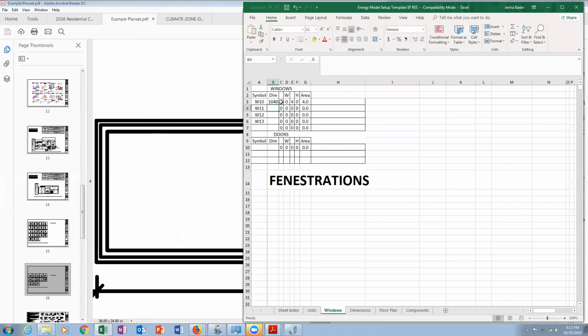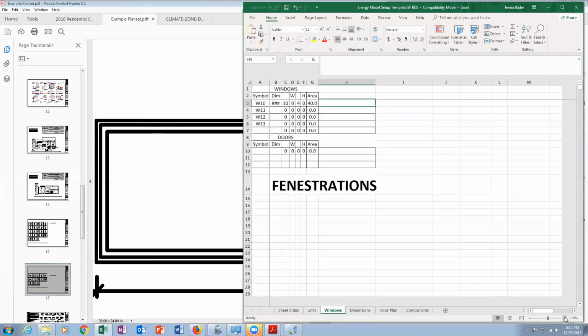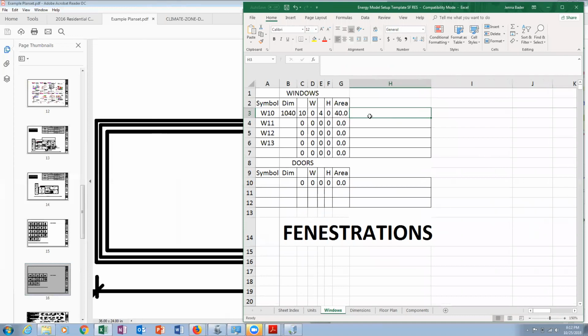And we have an equation in here that's supposed to pull that into feet and inches. But it doesn't like to do the 10 sometimes. So 10 feet, 0 inches by 4 feet, 0 inches. And this calculates the area of that window. When we're using the software, the only thing that we need to use is that area for the window. You could even break it down into a simpler way to do performance, and you could say the whole front wall area. You don't even have to identify them as different windows,